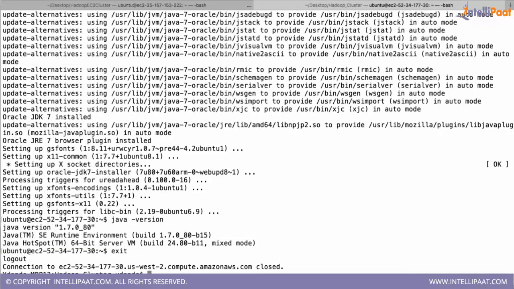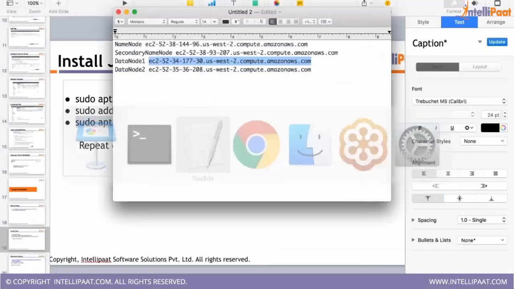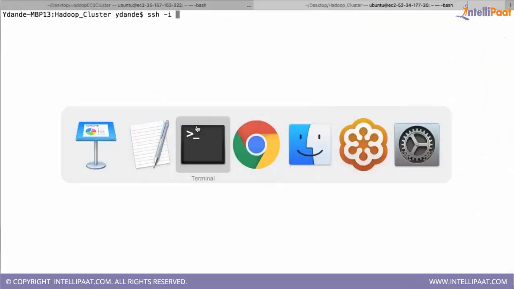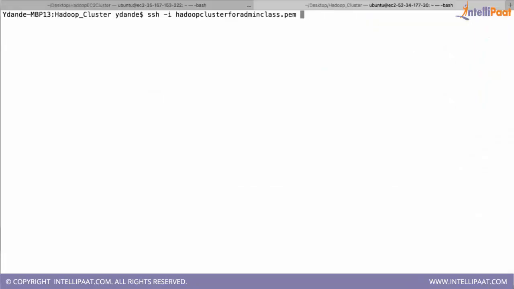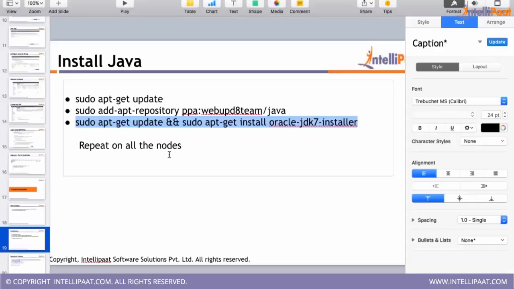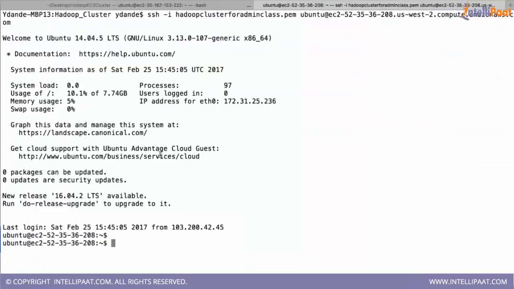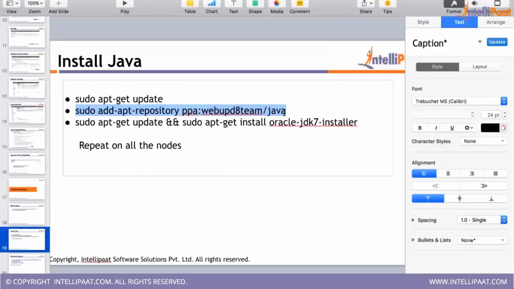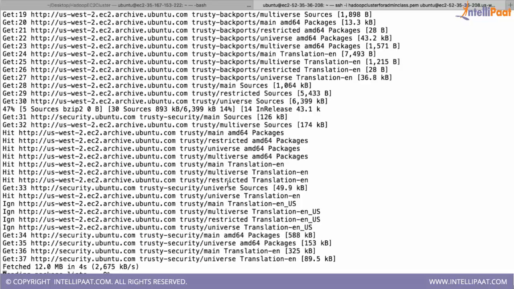Now you have to follow the same steps on data node 2, which is this. I'm logging into that data node 2. I'll follow the same steps to install Java.